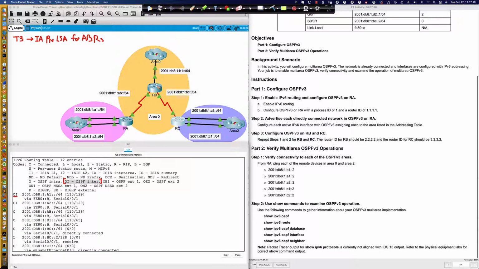Now, if we had a type 4 and a type 5, the type 5 is going to keep its name, but the type 4 has changed its name. Remember, it used to be the ASBR summary, right? Now it's referred to as the inter-area, and I'll just put down IA, thinking of a naming convention so I don't have to type it out. So it's the inter-area LSA